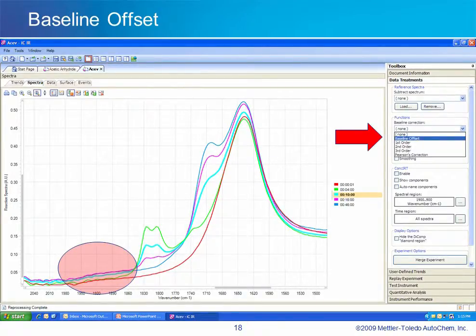So how do we do this? If we again go over to the Data Treatments pane and we go under Functions and you open the drop-down list, the first option is Baseline Offset. What I've highlighted here in this light red oval is the change in baseline that I would like to correct. And baseline offset will allow you to choose a point, a wave number position, and what it's going to do is bring the baseline point at that position to 0,